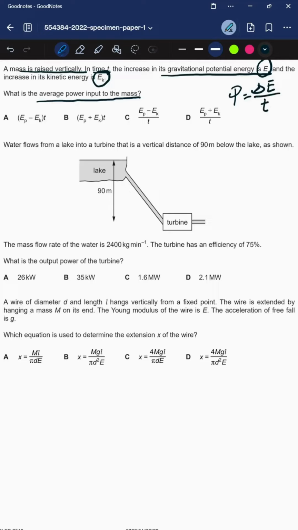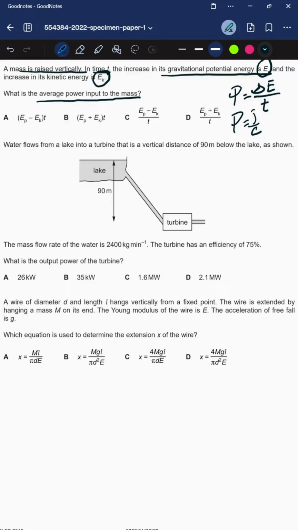That's the definition of watt, right? Joules per second. If we check the unit of power, that is joules per second. This is the amount of energy entered into the system, or released by the system, right? But this time we are actually increasing the potential energy and increasing the kinetic energy. So we can say that we are actually putting energy into the system, and the system is represented by